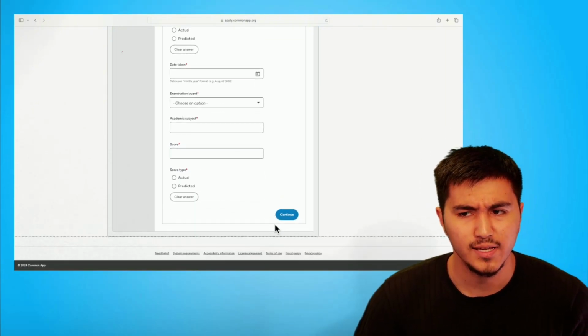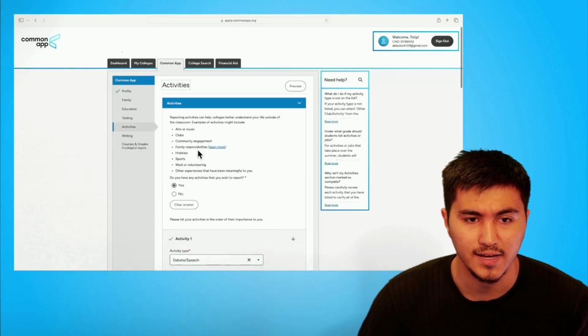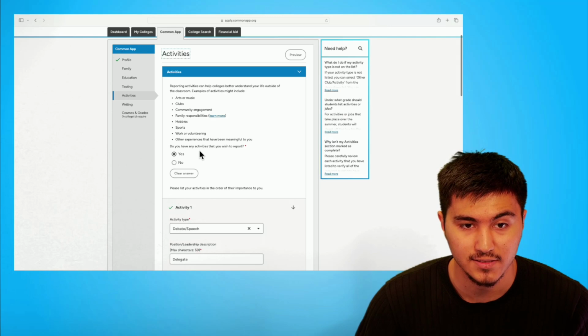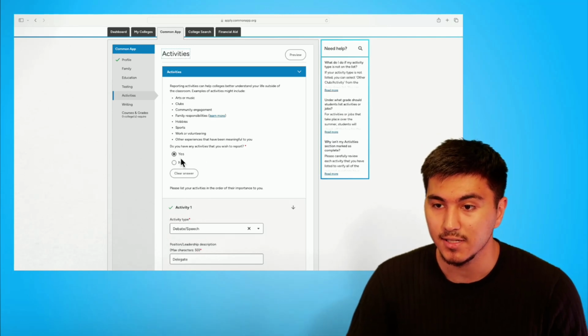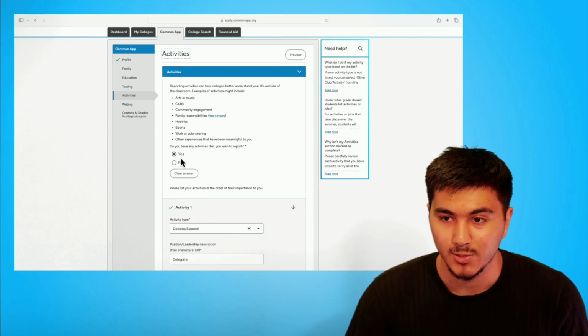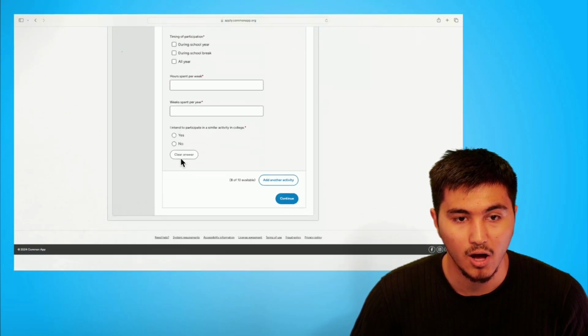So we have covered the test so far, and we press continue. The activities list. Do you have any activities that you wish to report? Of course. That's all about your extracurricular activities, right? It's all you did during the summer. Basically, you press yes, and there are 10 options that you need to